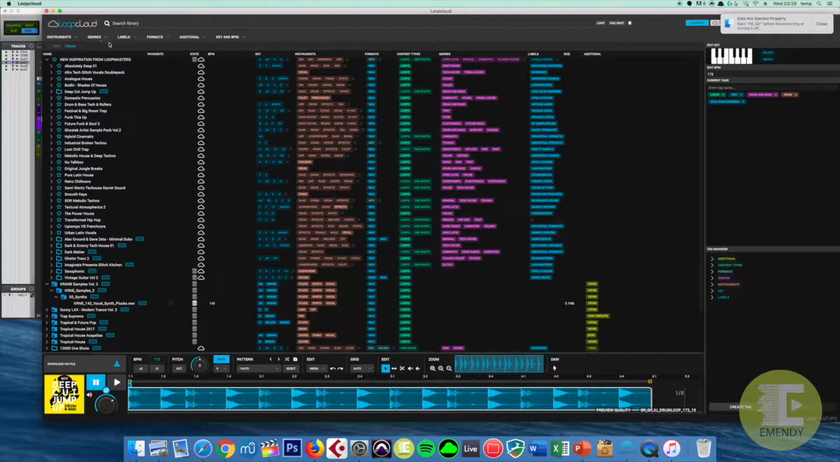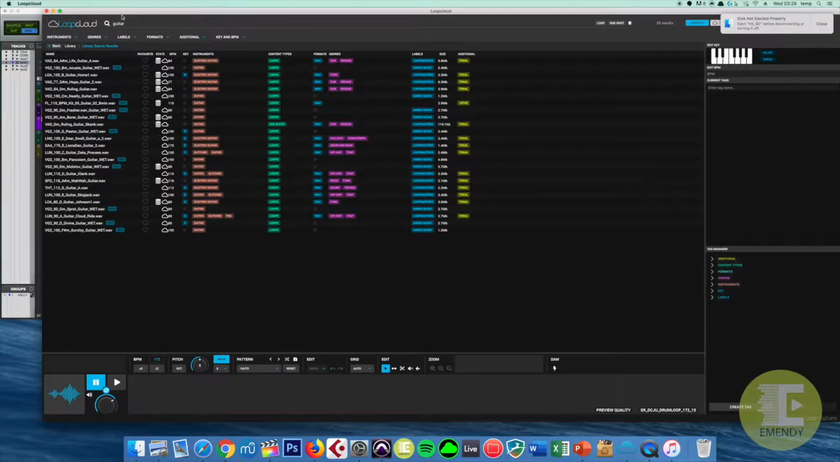Now, the great function of Loopcloud is its search library. So if you are looking for a sample, say you're looking for guitars, you can type in here "guitar" and enter, and you can find all the guitars here. Now think about how much time you save by doing that, as opposed to searching for guitars in the Finder,